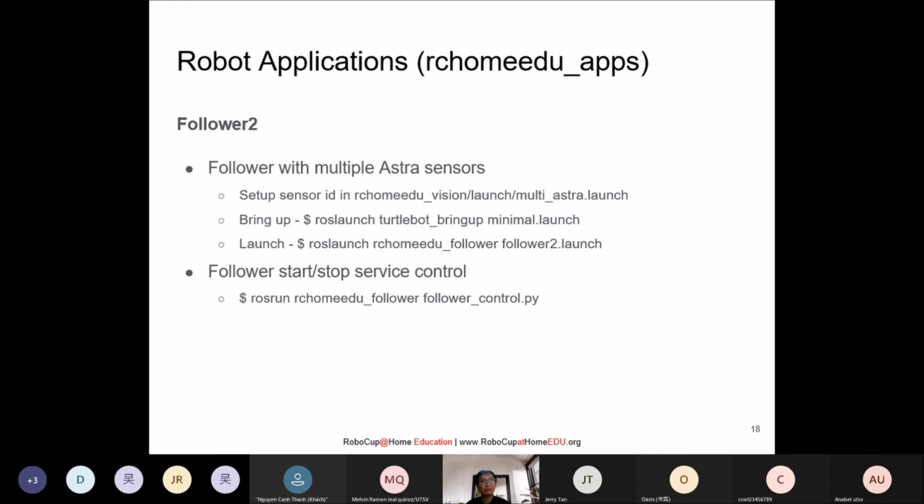So you are developing a new service robot application and you want to incorporate this follower program into your main program. How do you do that? The first thing is to make sure you have a sensor for your follower. Over here, we use the Astra sensor, but of course you can use any RGBD sensor as long as you can obtain the point cloud. So over here, we take the example of using